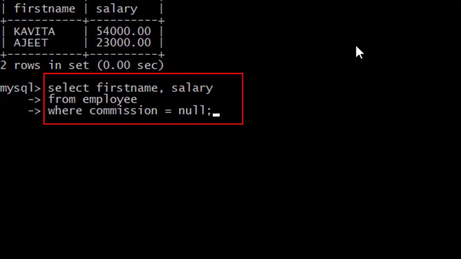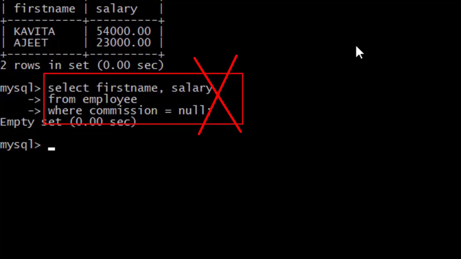What is the meaning of equal to? Equal to searches for a value, but null is not a value. That's why in this case there will be no result, so it is showing an empty set. Again I am repeating, the equal to sign checks for a value, but IS NULL is an operator that is used for checking null.